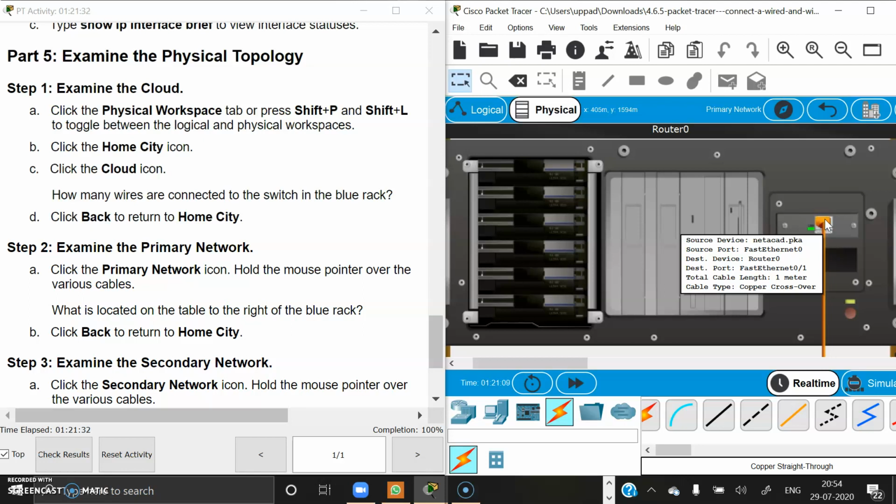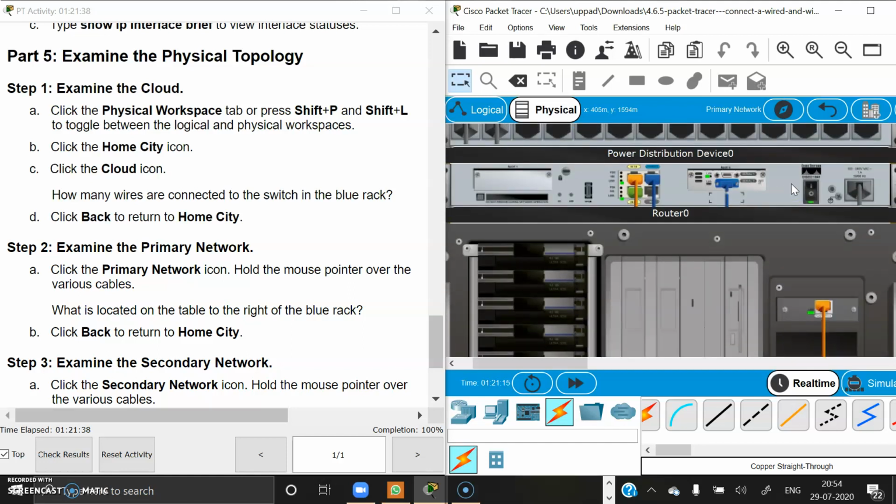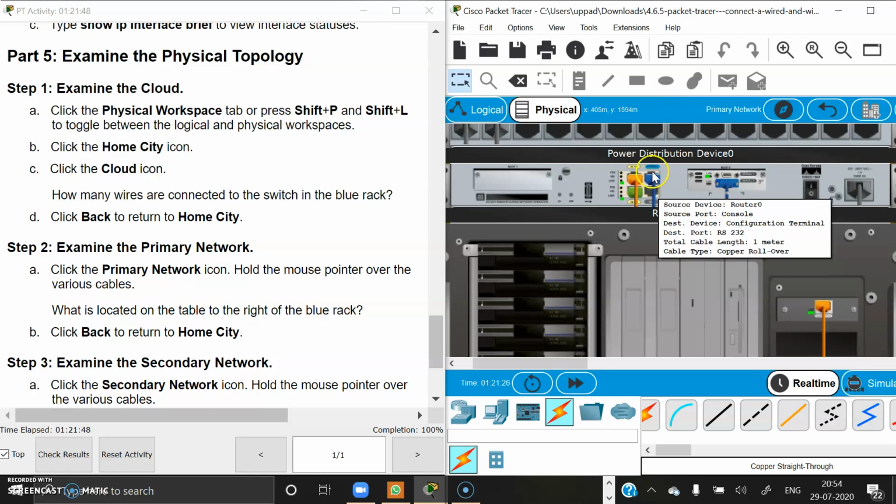The total cable length is 1 meter and the cable we used to connect is a copper crossover. Same here also: the source device, source port, destination device, destination port, the length of the cable and the cable type. It shows all the devices, the source and destination devices we used, and the cable types and cable lengths also.